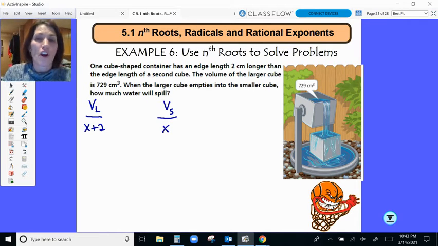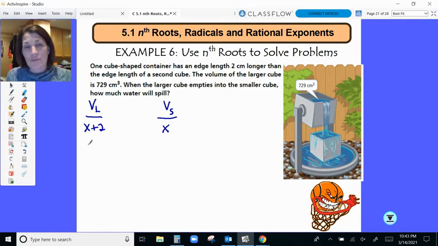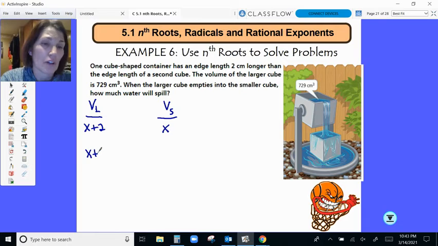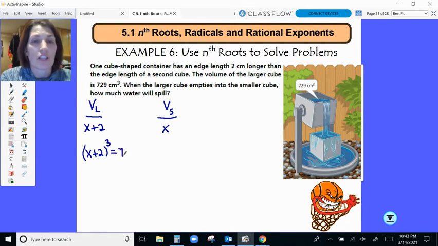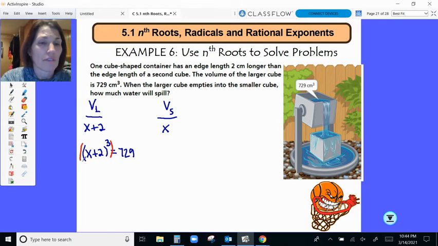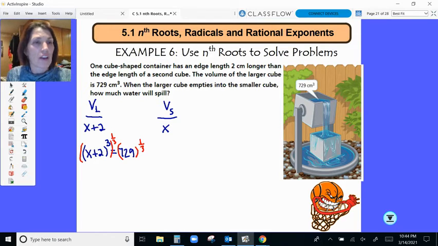Well, my volume is the length times the width times the height. So I'm just going to take x plus 2 times x plus 2 times x plus 2, which is going to give me (x plus 2) cubed, and that's going to be 729. So to solve for that, we're going to raise both sides to the 1/3 power, its reciprocal. That's going to give me x plus 2 equals